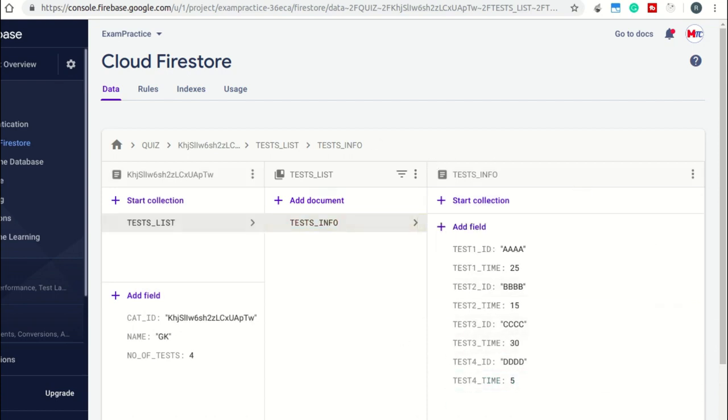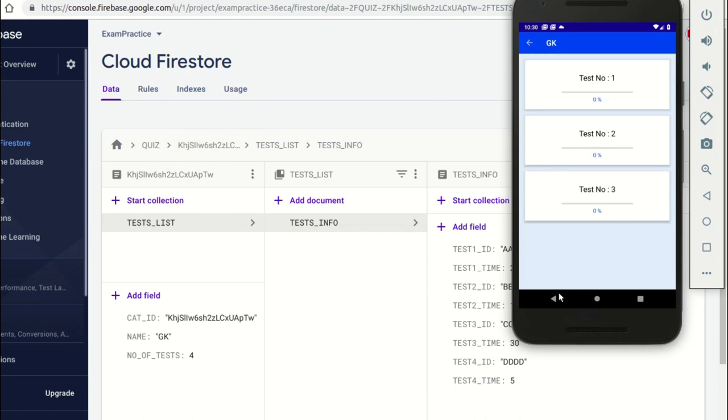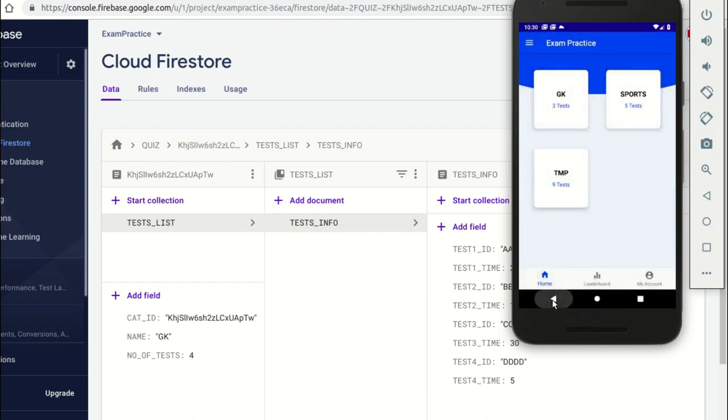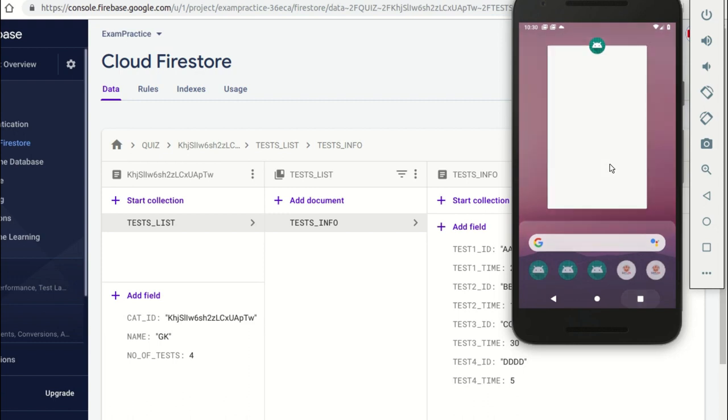We have added the fourth test also in GK category, and if we go back, sorry, open the app again